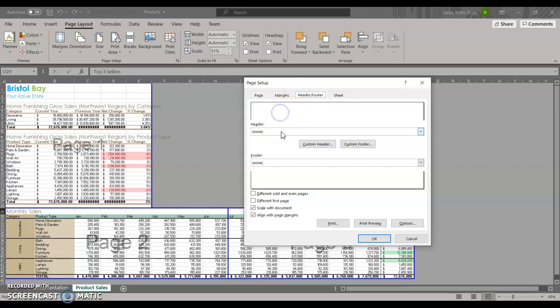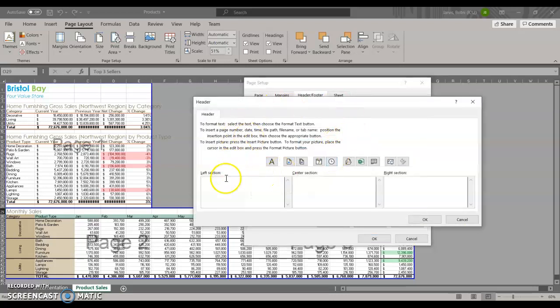Now, when you're adding a header and footer to Excel, if you want to put text in, like your last name, your first name, that type of information, you have to click custom header. And then it will open up this box that allows you to insert information in the left, center, and the right. And I think the book tells us specifically